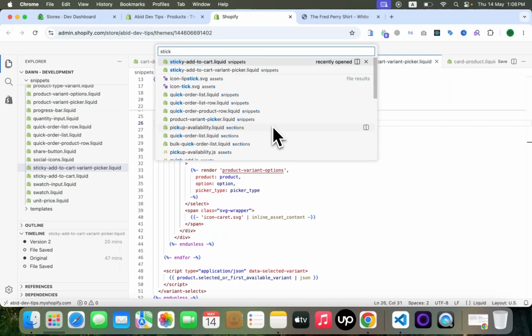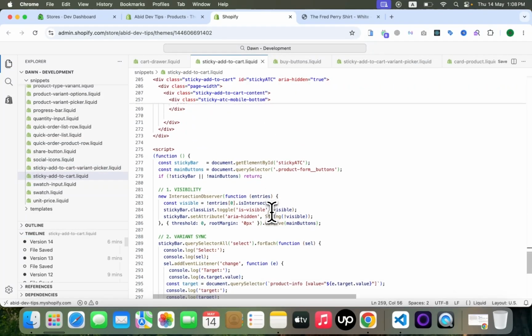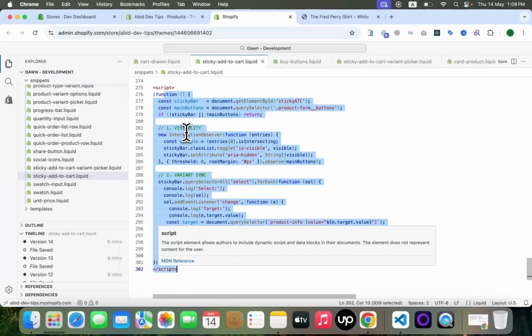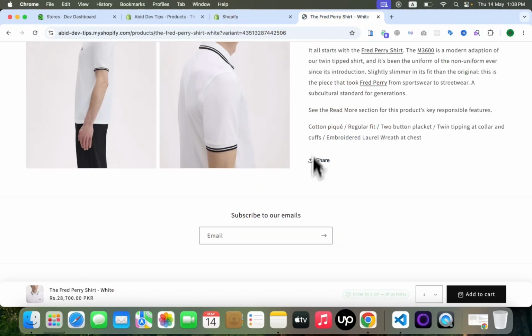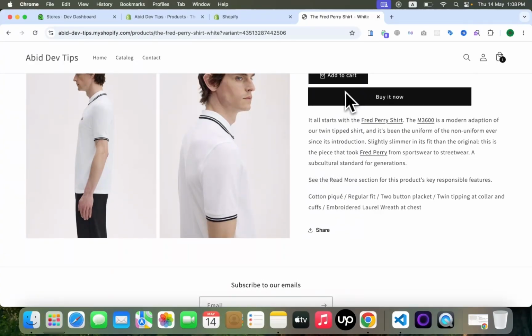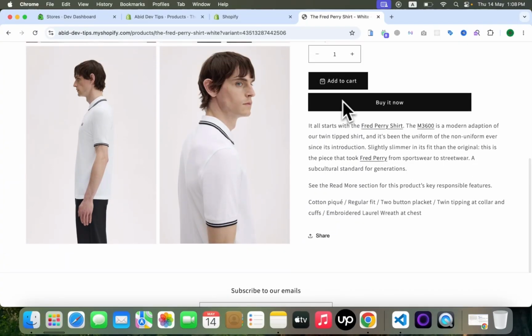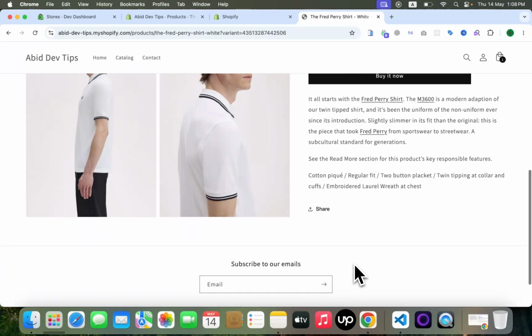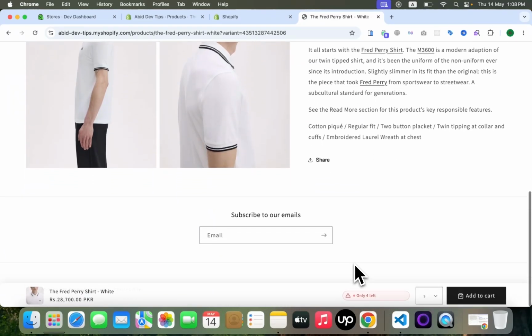Go to sticky add to cart. This is JavaScript. This code is for the intersection observer. It observes these buy buttons, and if the buy buttons are in the viewport, then the sticky add to cart hides, and if they are out of the viewport, then it shows.